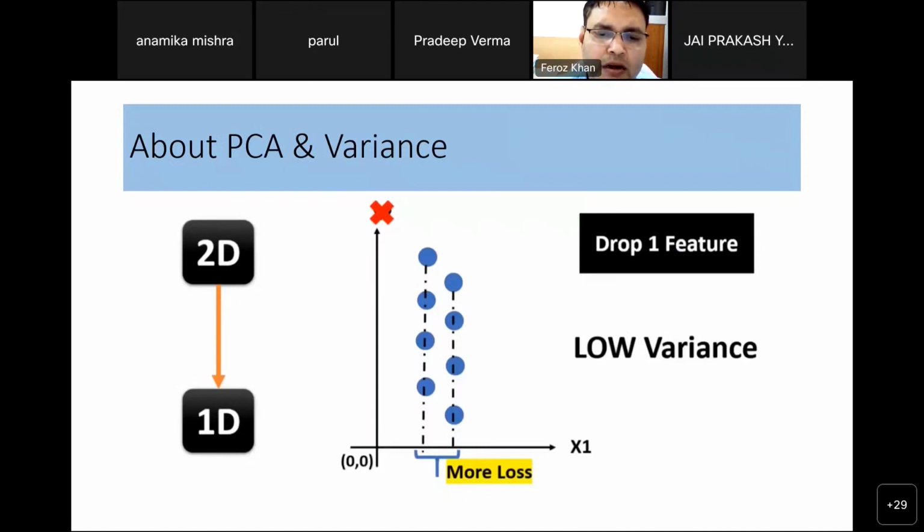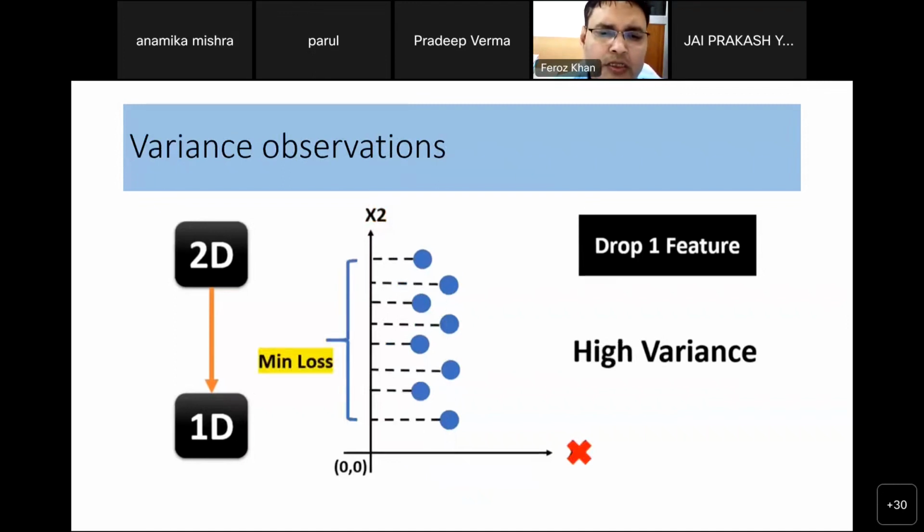So we normally consider the higher variance data points. In this case, we cannot drop the y-axis. Although we showed here a cross on the y-axis, for your understanding, if you converge into the x-axis, we can get a one-dimensional result, but it is not a good idea. Now, if we do the same thing with the y-axis, we can plot the data points on the y-axis, and we get a very high distance, which shows that high variance is there. So the starting data point and the end data point have a high distance. PCA works well where there is a variation. So always select that axis.